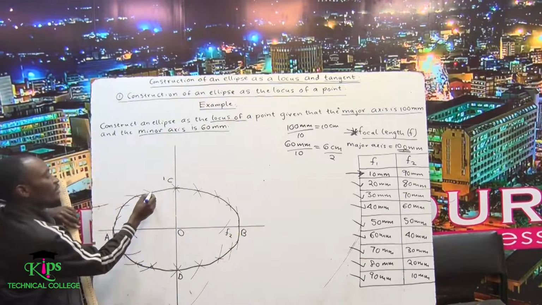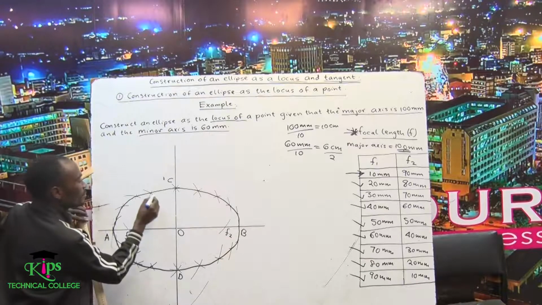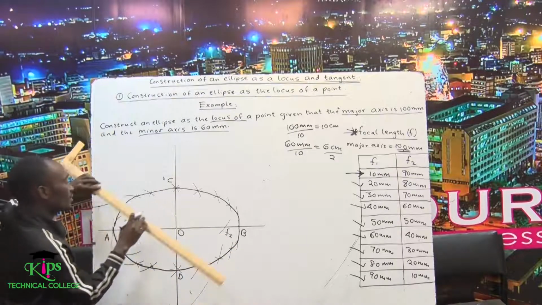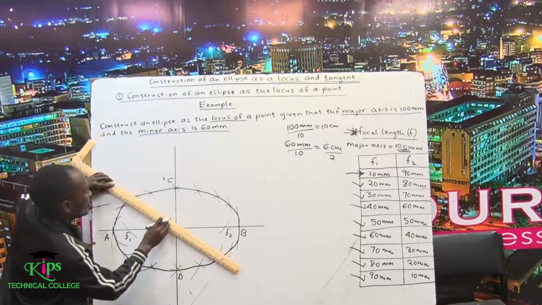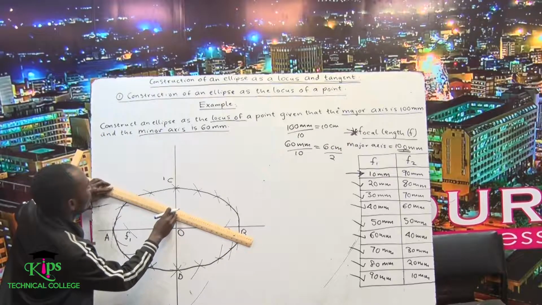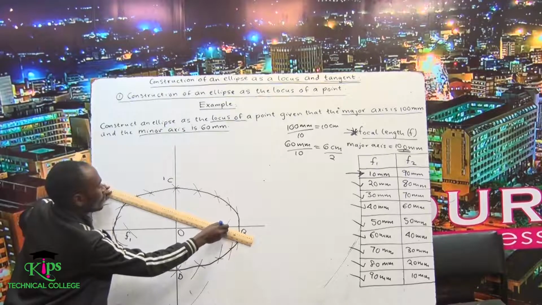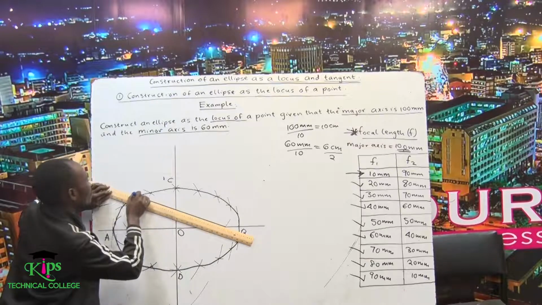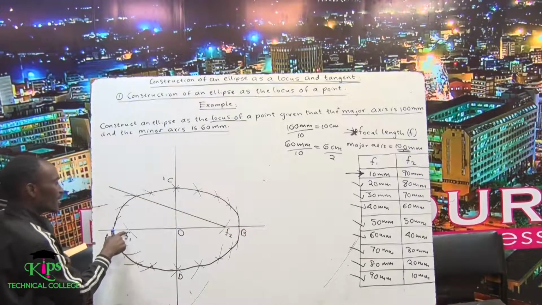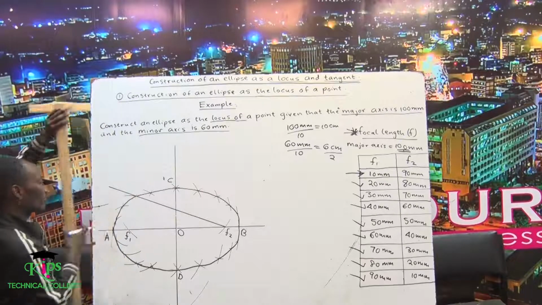I may decide to draw the 2 lines from F1 to meet at this point, then from F2 to meet again at that same point. I can also choose this point. So it will look like this from F2. Again, another line from F1 to meet this point. So all of them should meet here.